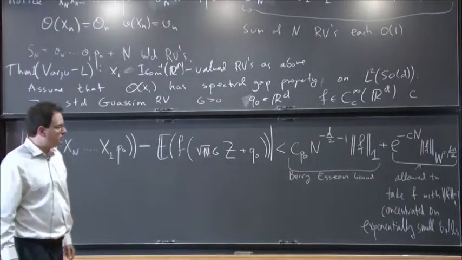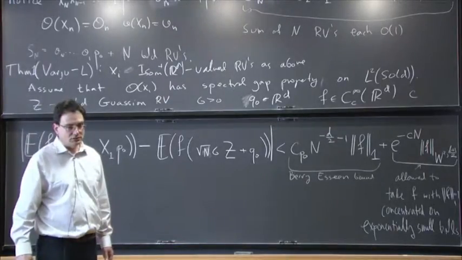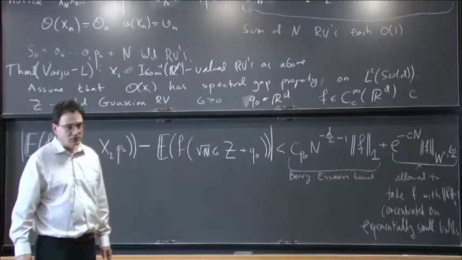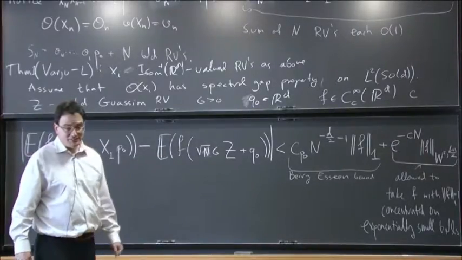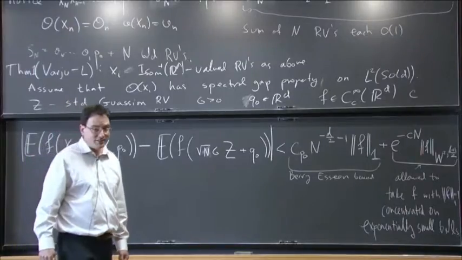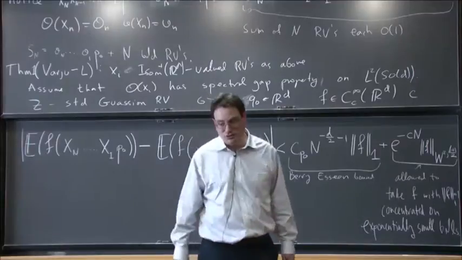Yes, but it doesn't depend on capital N. Yes, but if I just multiply it by 2, then the second term is not needed, depending on what f is. That's somehow the key point here, that you could allow